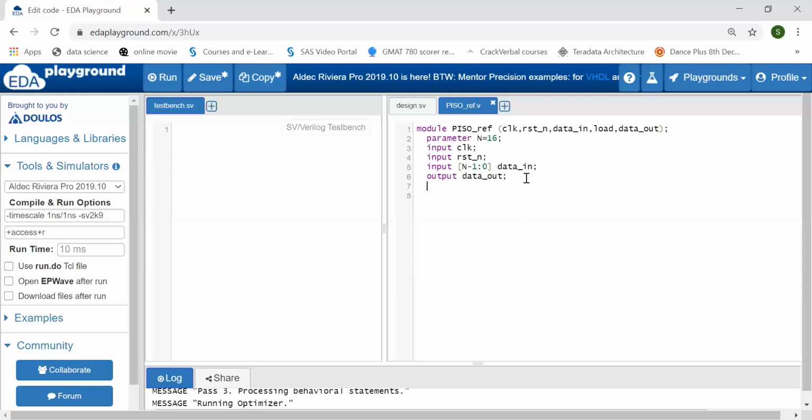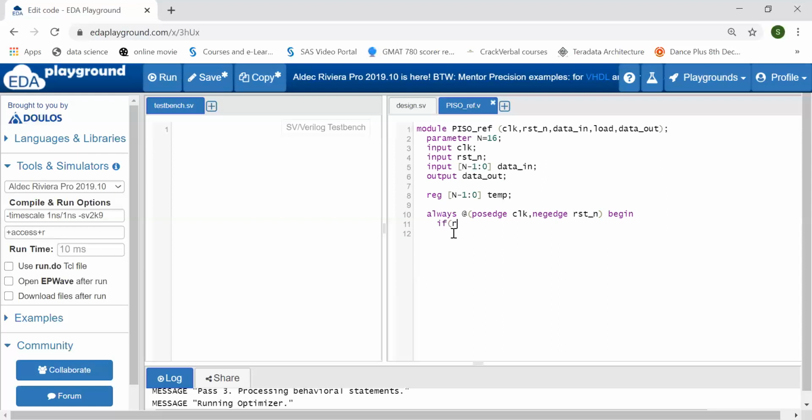Here the same register to store my input, with range n minus 1 down to 0. The range size would be the same as your input size. The same logic I can write here: always at posedge of clock or negedge of reset n, begin.